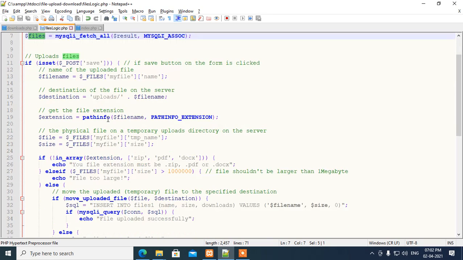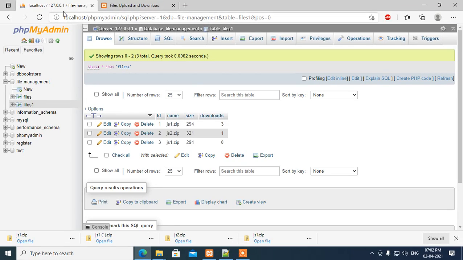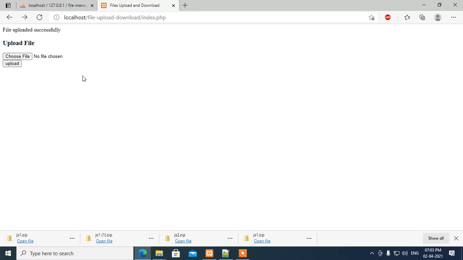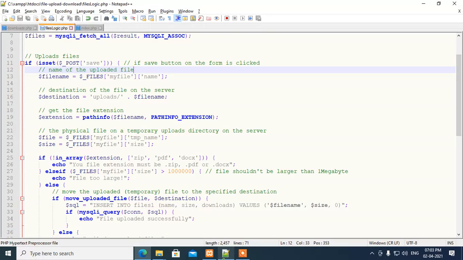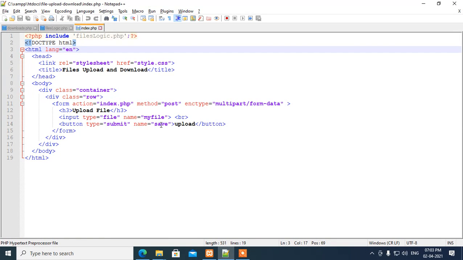Then let's see the code for uploading files. First of all I make a condition: if the save button on the form is clicked. Its name is upload, and its real name is save.